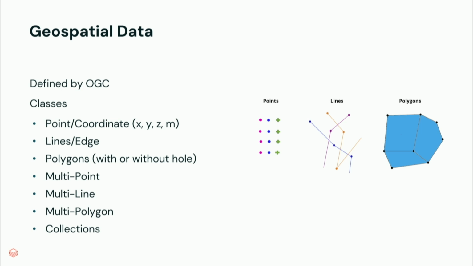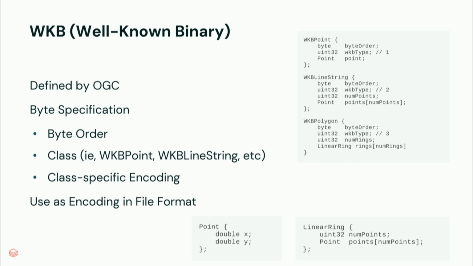For example, Google Maps. If you click on the map, you get a point, which is a set of coordinates, X, Y, Z potentially, if it's three-dimensional. A set of points make a line or an edge. A set of lines or edges make a polygon, and then you can have collections of any of these things. These are all geodata that you should be able to store in the Iceberg geotype. For the encoding,